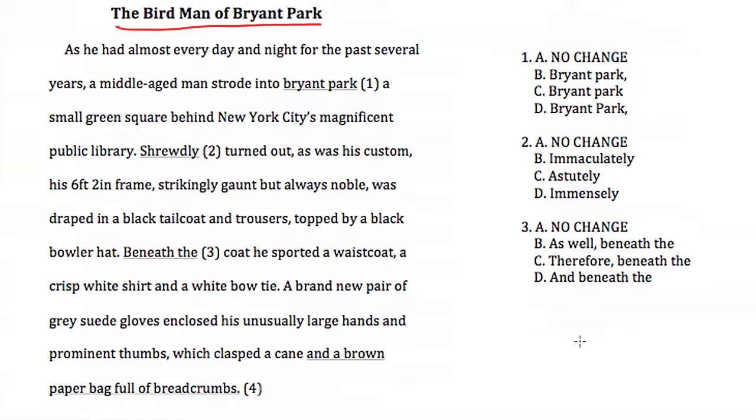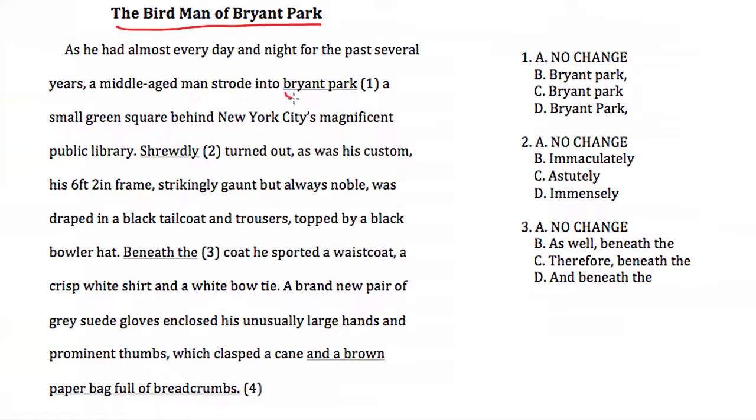Now, before answering the questions on these worksheets or on the test itself, it's usually a good idea to at least skim the passage and get a rough idea of what this passage is about, so we can better understand the context in which these questions are being asked. This particular passage is about Nikola Tesla, how he was the Birdman of Bryant Park, and how he invented many of the important things that we use today. Now that we know what this passage is about, let's move on to the questions.